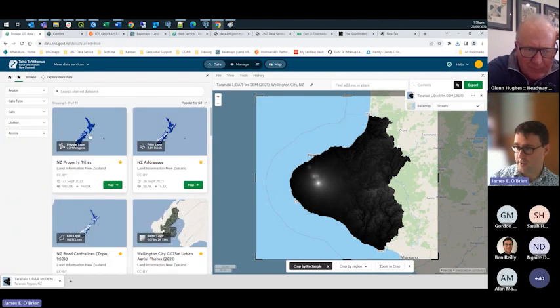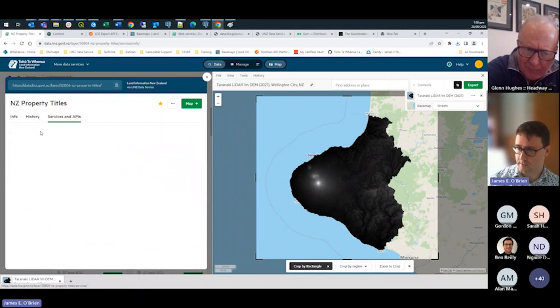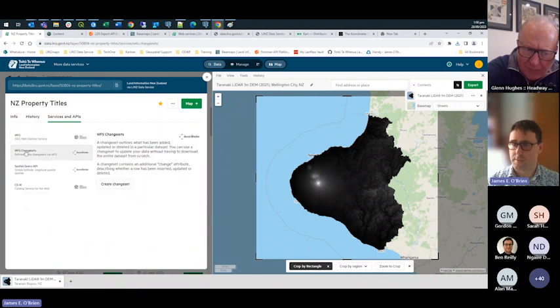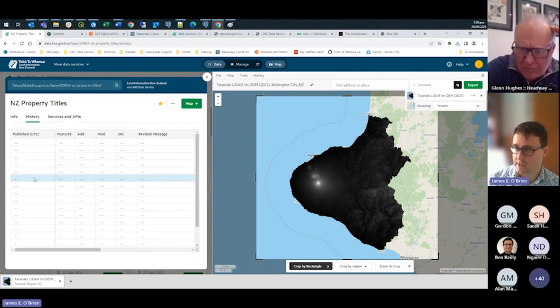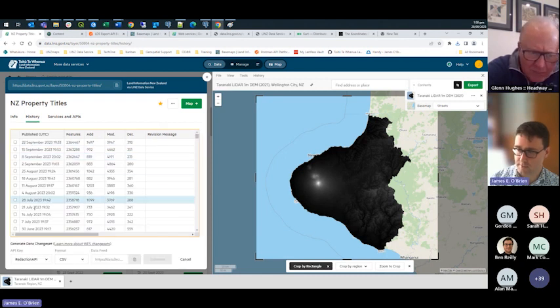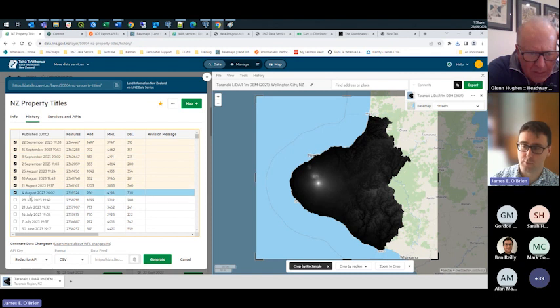Back to here, we go back to the property titles and into the services, there's this WFS change set. So a change set is a way of getting instructions on how to update data that you already have rather than downloading an entire fresh data set. So when you create a change set, it'll give you a list of all the history tabs. You select the range that you're interested in. Say that your data set was last downloaded on the 4th of August. Well, I want everything from the 4th of August to the 22nd of September, and you'll get some instructions on how to update your data set